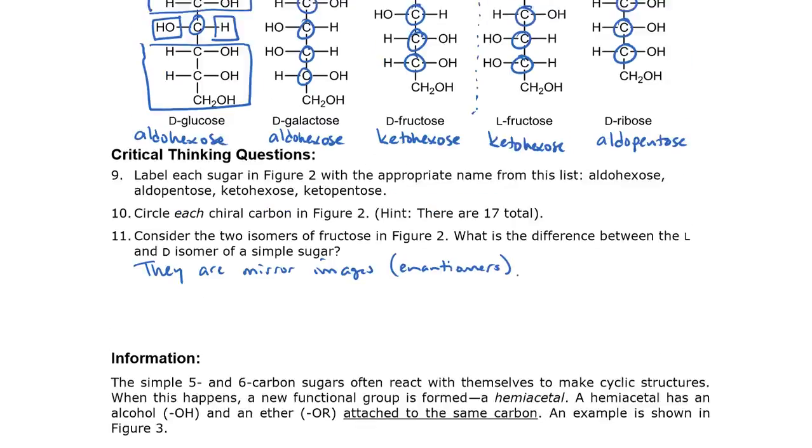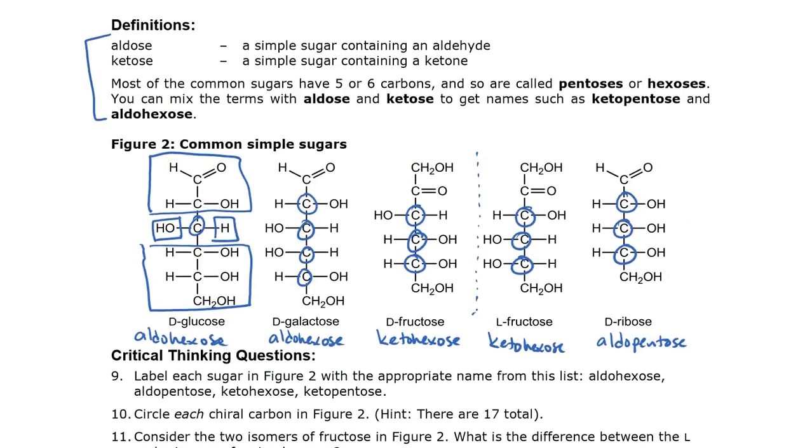Well, let me just mention, I think it said this, but I didn't say it out loud. The sugars that exist in biology are nearly always the D sugars. So these sugars, D-glucose, D-galactose, D-fructose, D-ribose, those are all found in biology. L-fructose, almost never found. There's not a good explanation for why that is. It just is the way, you could just say that's the way the universe was made.